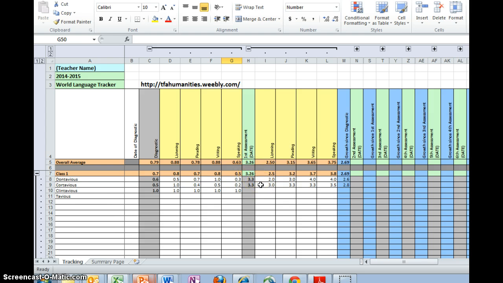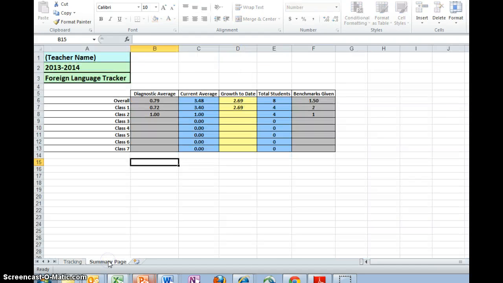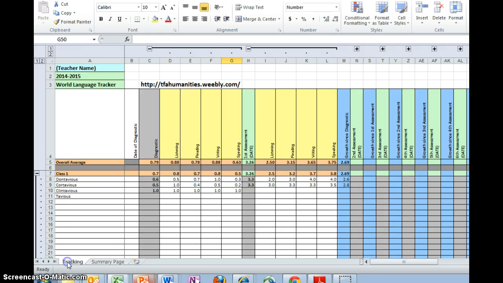And once again, for world languages, we want to make sure that we're hitting the goals at the end of the year. And so the way we can check if we're on track is by hitting this summary tab. On this summary tab, you'll see currently overall the diagnostic was a 0.79. The current average is a 3.48. And their growth to date is 2.69. You've made amazing growth throughout the year, and you know that you're on track to really closing the achievement gap